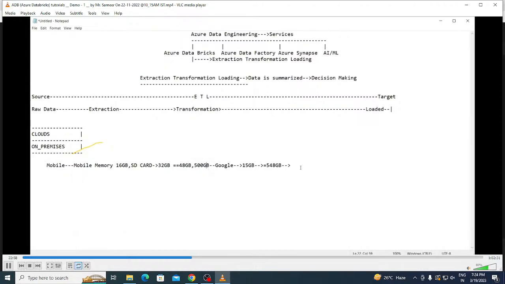Yes, exactly. Very good. So we can say that 500 GB you can recollect by just using the synchronize option. You can just log in with your mail ID, enter the password, and in the same way you can recollect it. But what about the 48 GB? The 48 GB memory is lost with the mobile phone because this memory is called physical memory. Am I right? This memory is called what? Physical memory. So hence I cannot recollect it. Whereas the memory or the data which is stored on the Google Drive can be recollected.